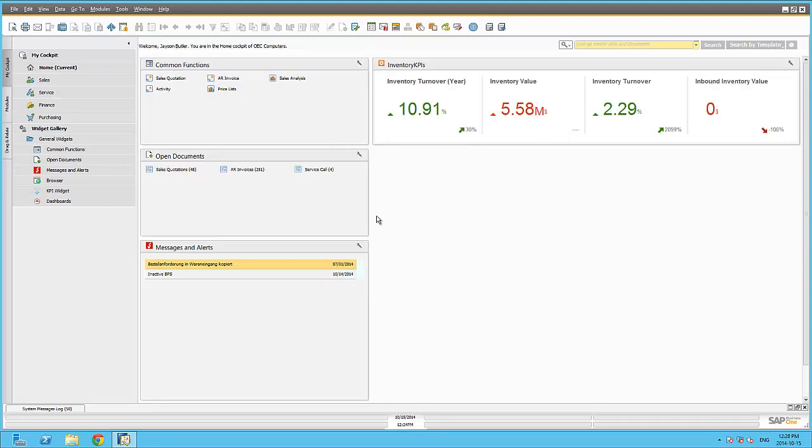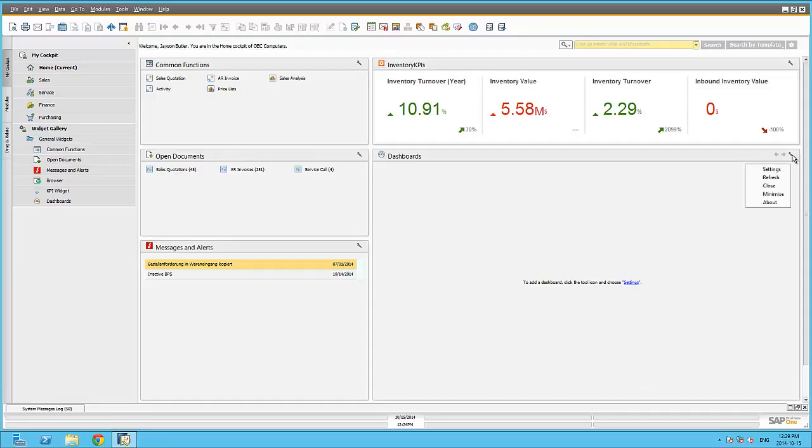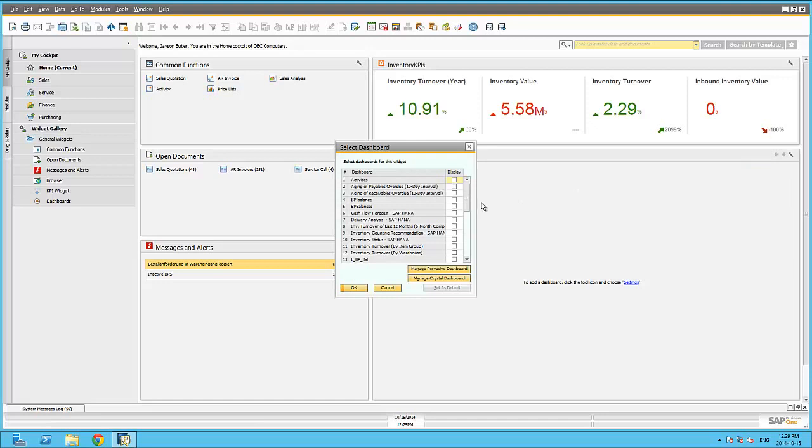The Dashboards widget allows me to expose the 21 predefined dashboards available within SAP Business One. These out-of-the-box dashboards were created with Crystal Dashboard Designer or Pervasive Analytics. Any user-defined dashboards created within Pervasive Analytics can also be exposed within this widget, as well as those licensed via the Crystal Dashboard Designer. Again, by clicking on Settings, I can now select all the predefined and